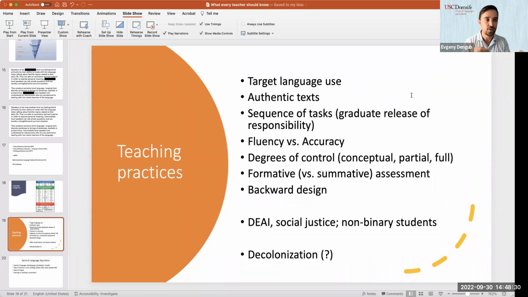That allows you and your students to understand where you're at, and what needs to be done to go to the next level. If your only test is the final test at the end of the semester, then you're not helping your students understand where they are in their language development.